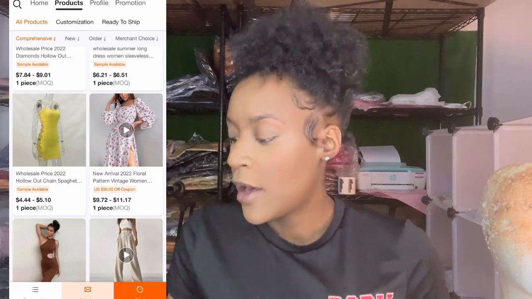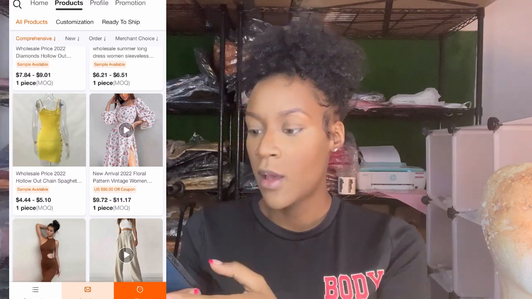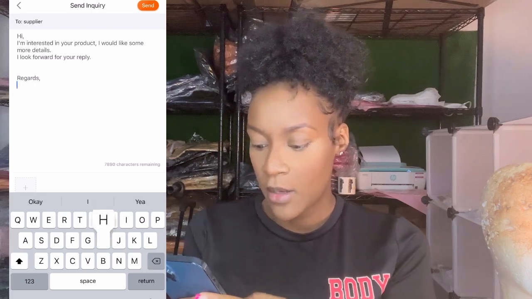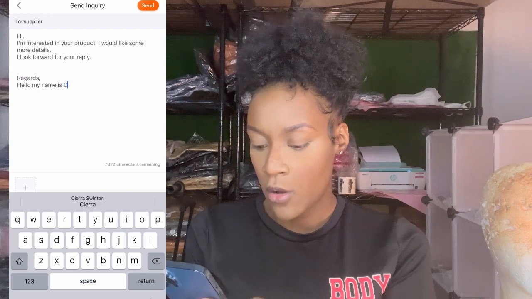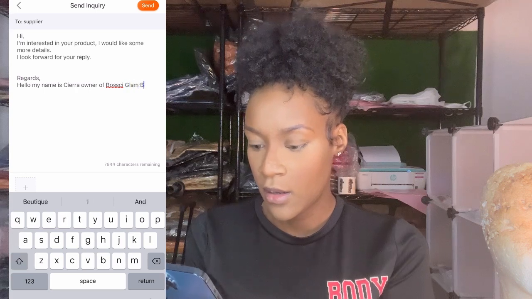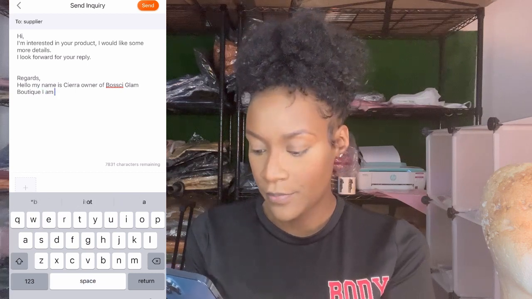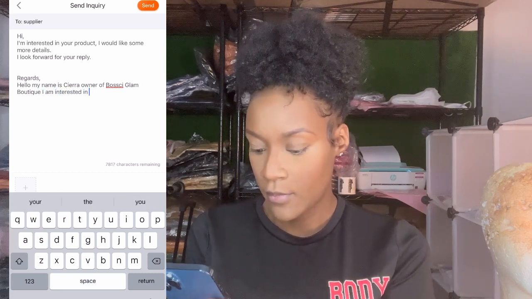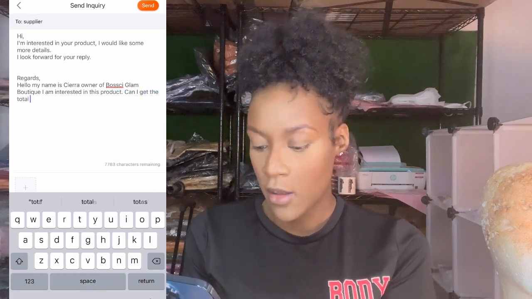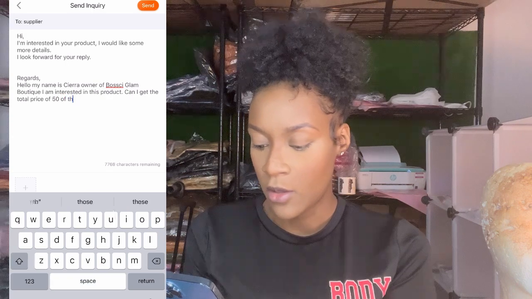That's different. And then from there, if you're interested, you're going to send an inquiry. It automatically does this, but what I usually say to them is, hello, my name is Sierra, owner of Bossy Glam Boutique. I am interested in so-and-so. Can I get the total price? This is what I usually say, of, let's say 50 of this item, including shipping,